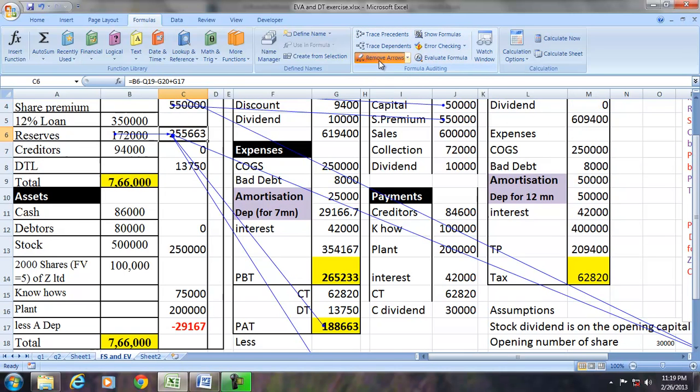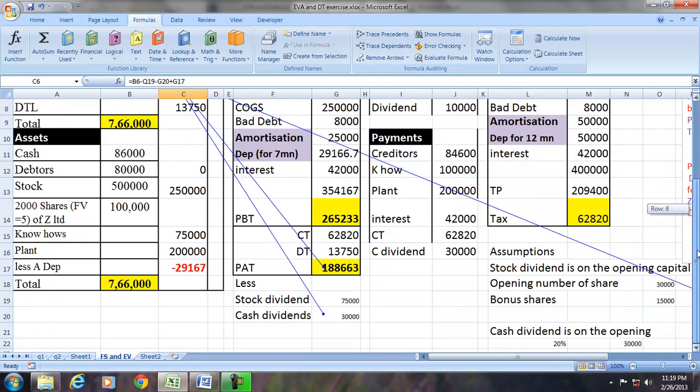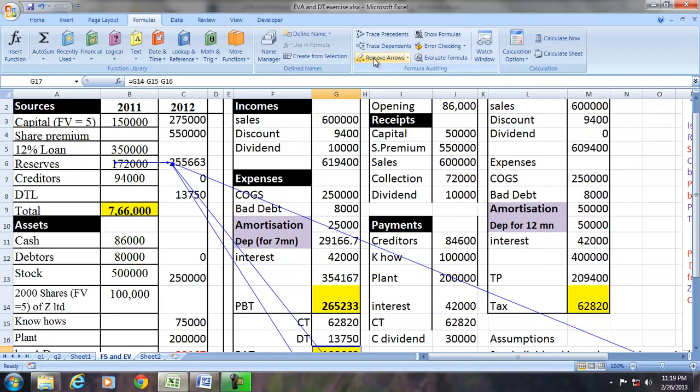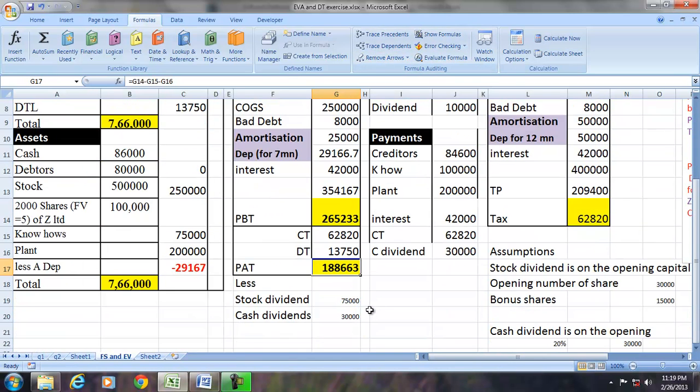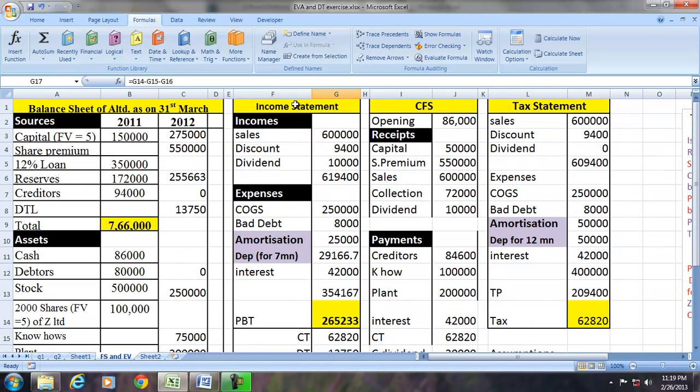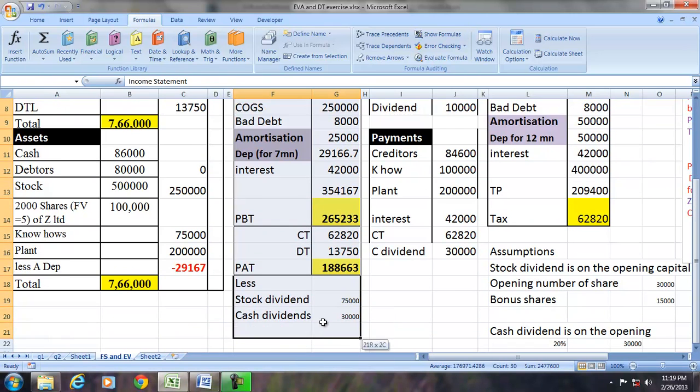So the change in the reserves is the opening reserve plus PAT minus the stock dividend minus the cash dividend. So the change in the reserves is because of the current profit and the distribution of dividend. As a result, our income statement is done,